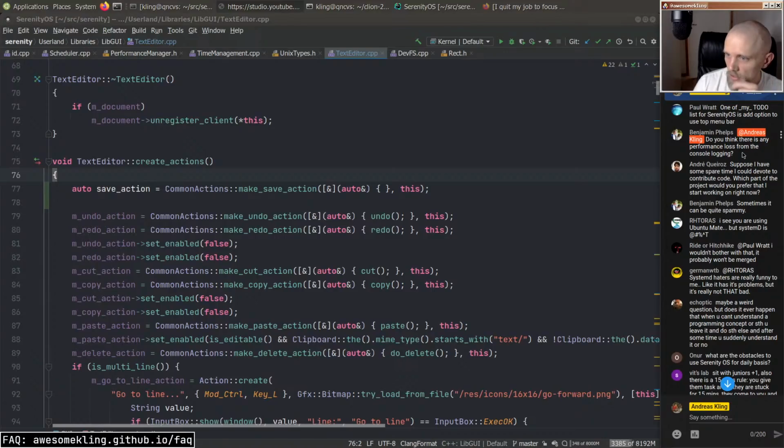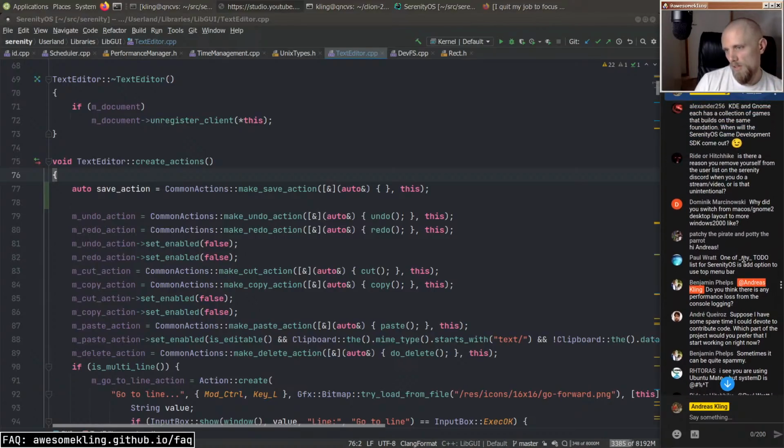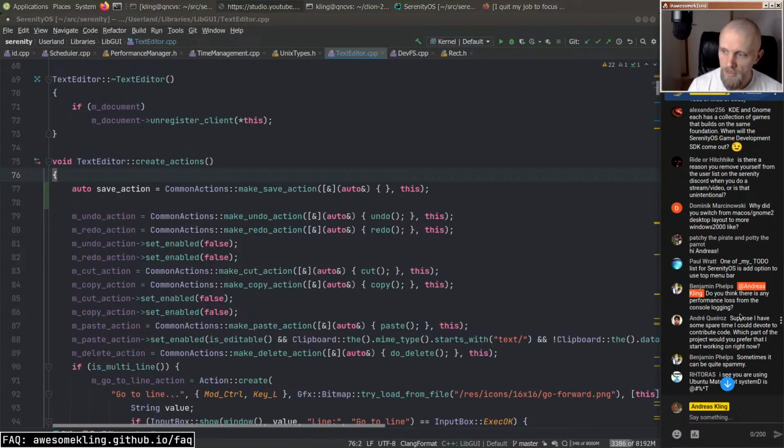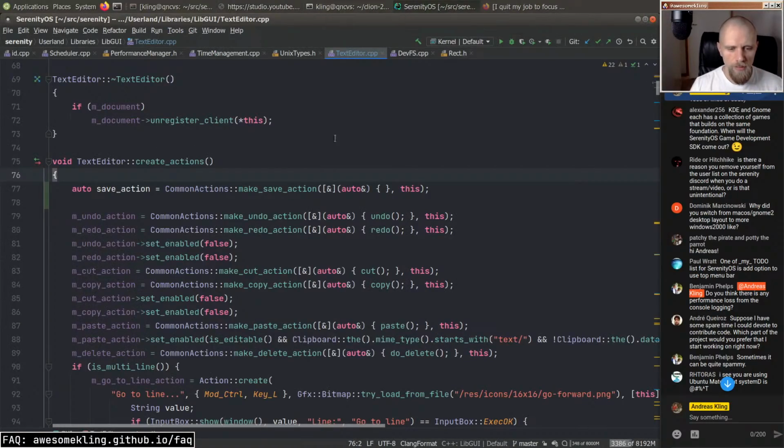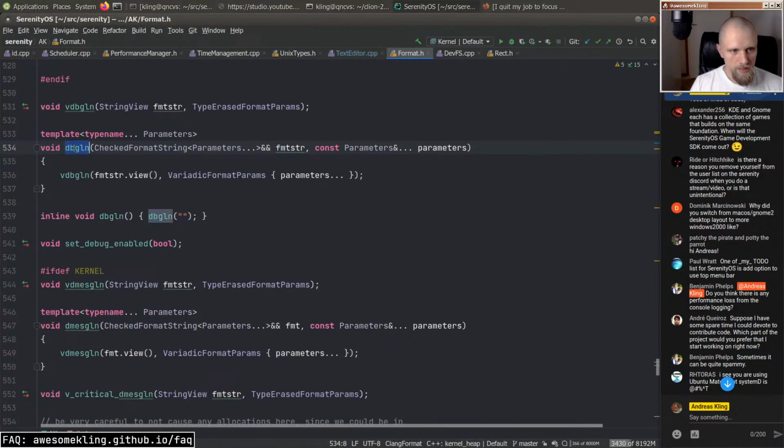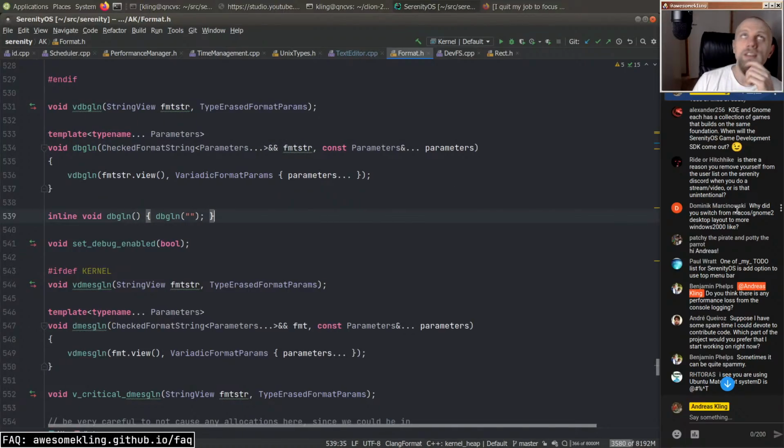Benjamin Phelps says, "Do you think there is any performance loss from the console logging?" Yeah, absolutely. There is absolutely performance loss. If you have a program that does a ton of console logging, you've totally noticed it in profiles. And it's very common that you profile something and you think you have an idea of why it's slow. And then when you look at the profile, it turns out, oh, it's all in debug line. It's all in this bastard right here. And that's pretty funny. And there's been some work on,